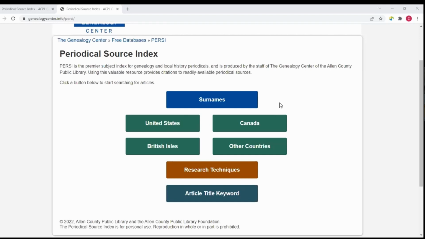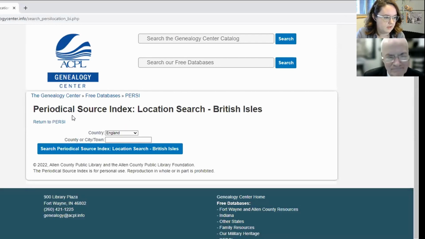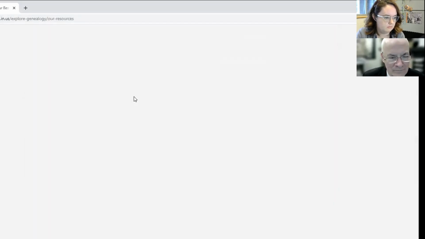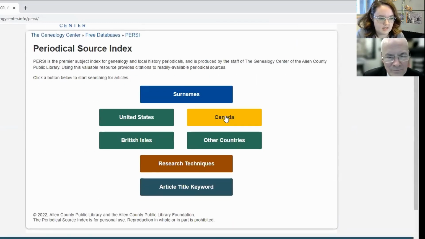But to the question, Elizabeth, there's no good way to say in this particular County Kildare journal. I could show an example of how you would do it, if you don't mind me sharing my screen. Okay. So as Curt mentioned, you would have to pick one of, I picked the wrong link. Here we go. You have to pick one of these categories.